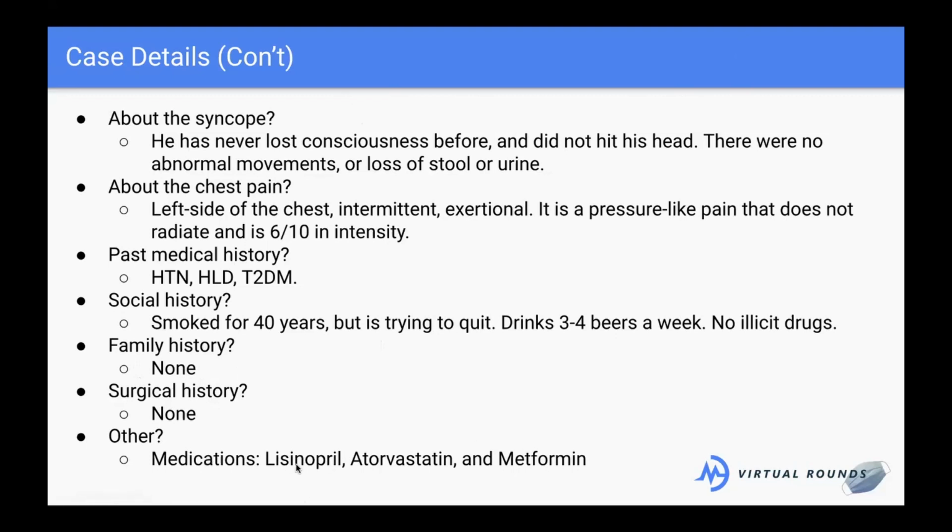You're not going to need to know these quite yet. I learned these in medical school. So these are just to control each of his chronic conditions. So he is taking medication to control all of his conditions. I know there's a lot of information here. Someone give me a thumbs up in the chat when you're ready to move to the next slide.